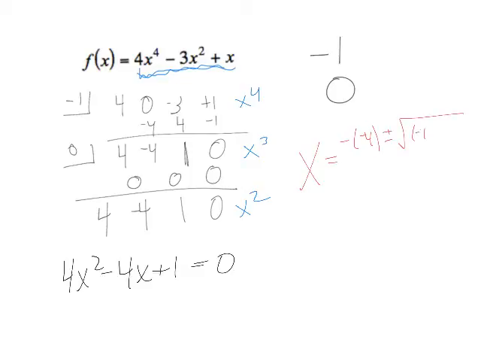Please be careful when you are squaring this. -4 quantity squared minus 4 times a times c, all over 2 times a, or 2 times 4. So x equals 4 plus or minus the square root of, underneath,